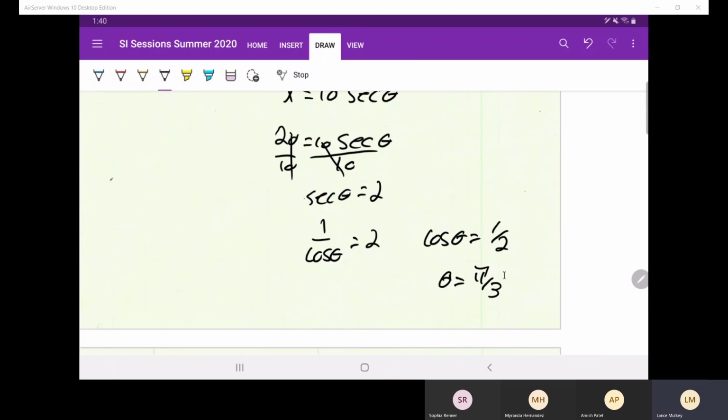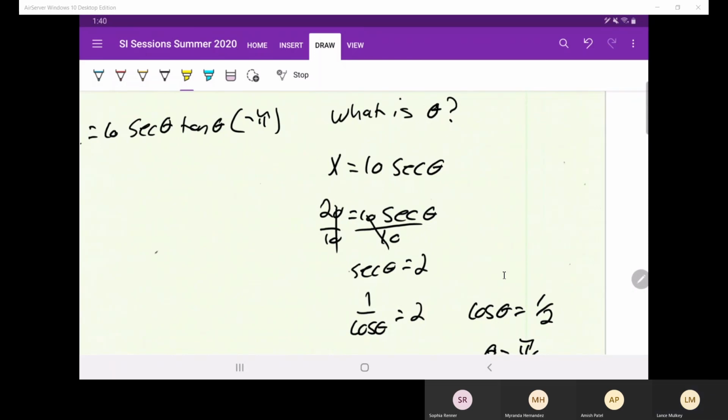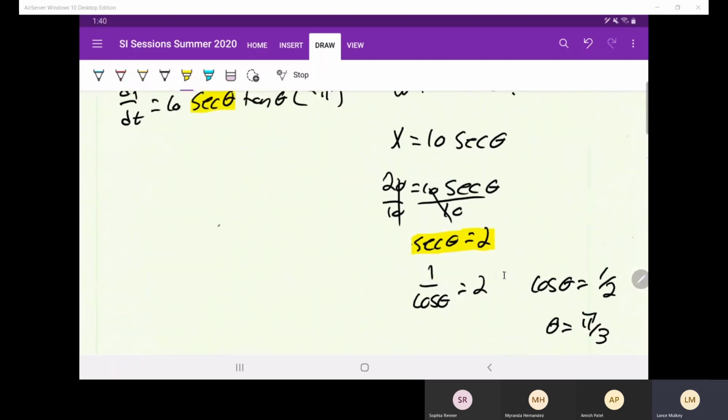what's cool about this too, though, did you see secant theta right here? So you didn't even need to go through this, but this helps when you go solve for tangent. Now, what the professor did was he used the Pythagorean theorem, which is probably easier if you recognize it, but not many people are going to recognize it. So now that we know what theta is, so now we can do